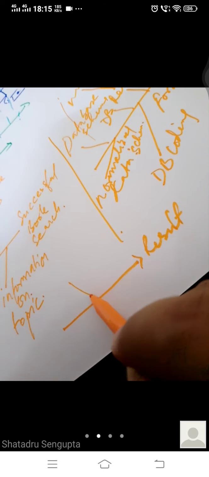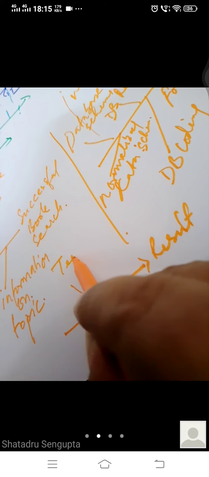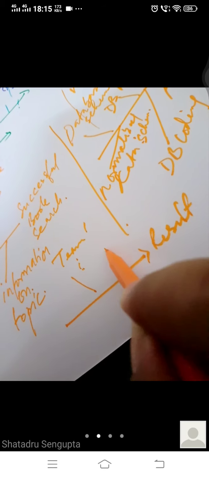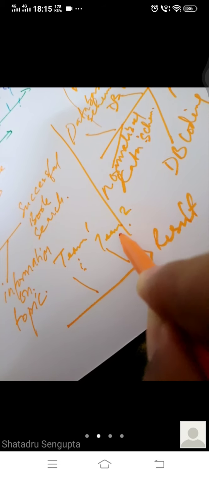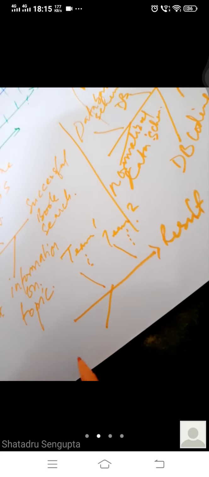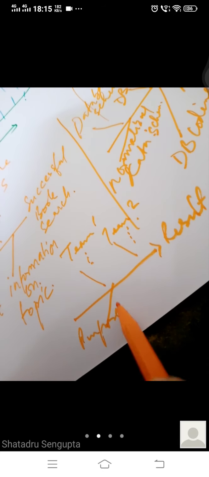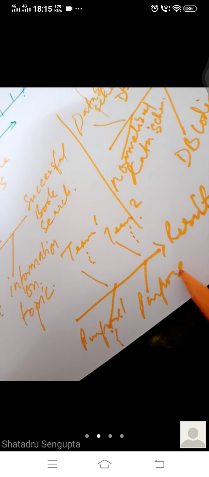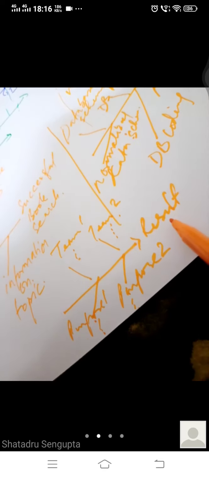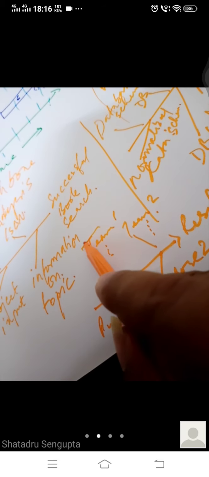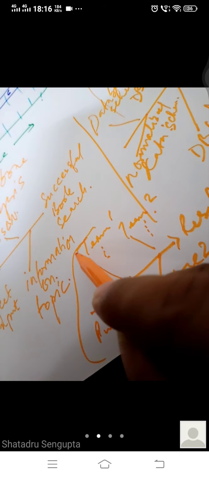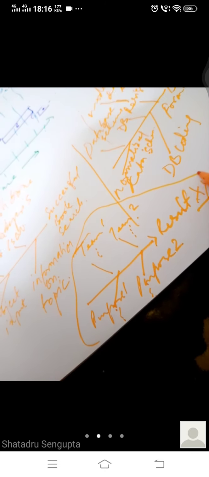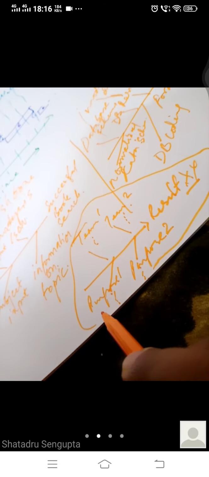So we can have team one, so and so activities, team two, so and so activities, purpose one, so and so activities, like that. Purpose two, so and so activities, and all of these giving us the result, say x, y, like that. This is a typical fishbone diagram, and writing it down, and this is a part of the fishbone analysis. This diagram is written down